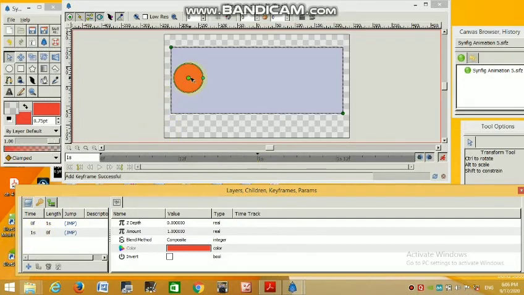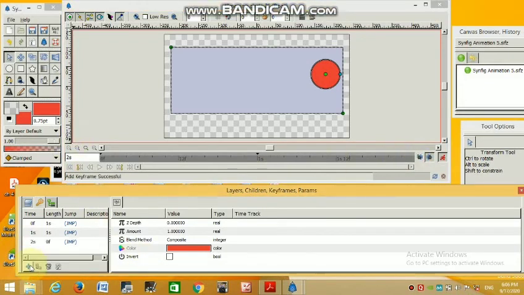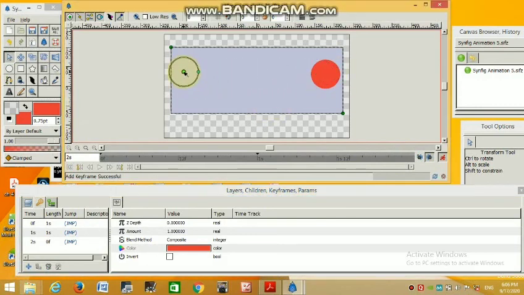Now move your circle from here. Okay, now click on 2s. After clicking 2s, add keyframe and move your circle again here.